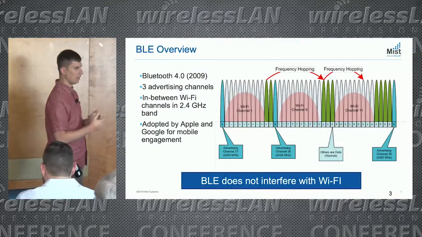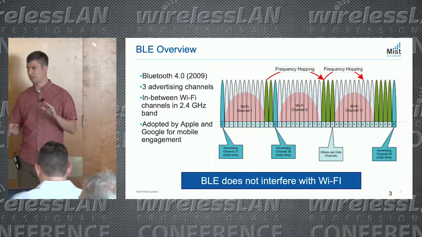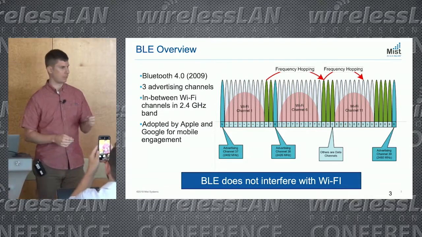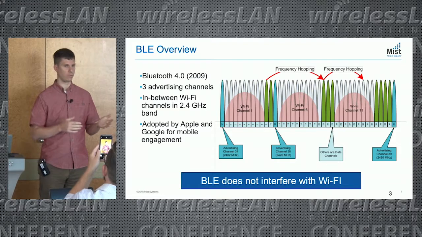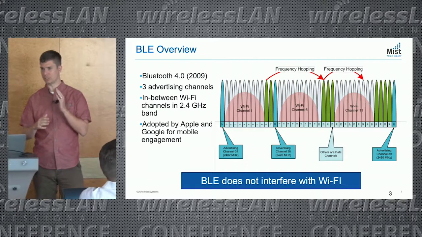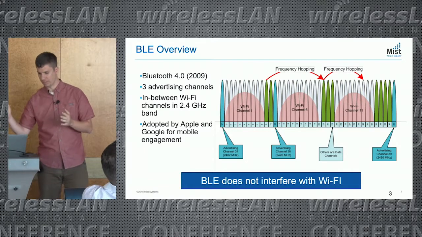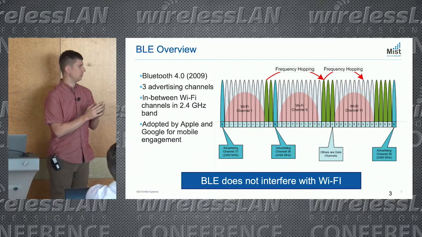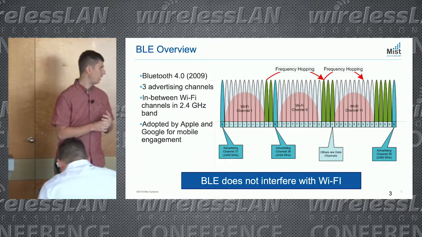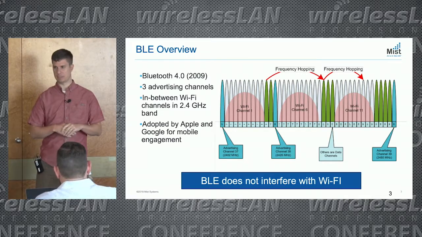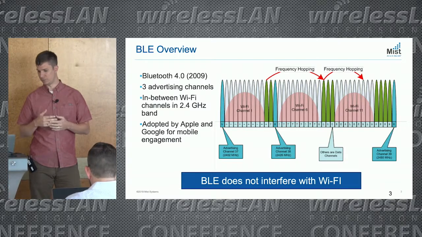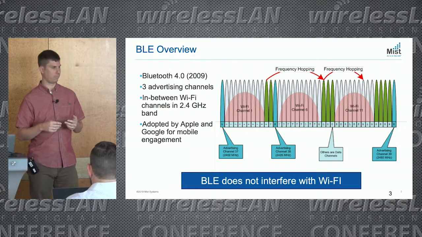What is BLE? It's Bluetooth Low Energy, introduced as part of the Bluetooth 4.0 specification in 2009. There are 3 advertising channels in the 2.4 gigahertz band: one below channel 1, one in between channel 1 and channel 6, and one above channel 11. So it's operating in between Wi-Fi channels. It doesn't actually interfere with Wi-Fi, which is good. So it makes it a complementary technology to deploy along with Wi-Fi, and there's no worry of compromising your Wi-Fi